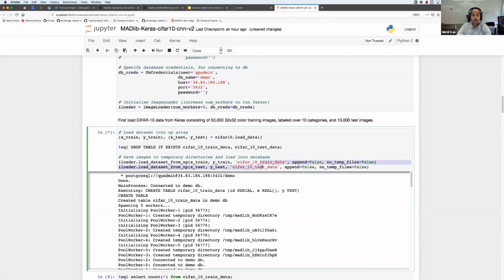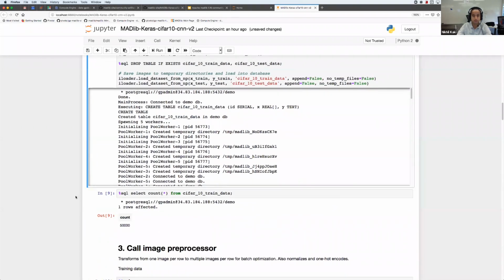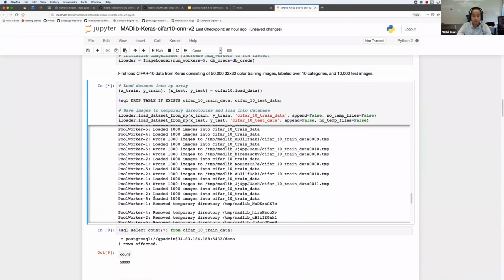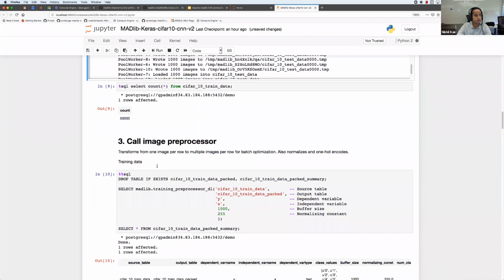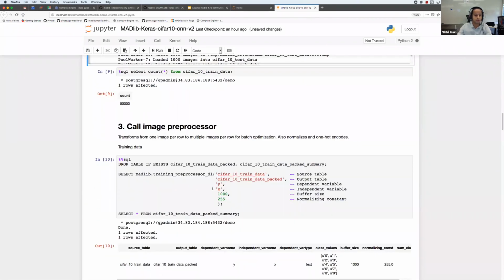And as I said before, we will eventually have a product which will take in the images from the users and load them into the database, rather than just having these developer scripts. But that's for the future. I'll give it a few more seconds. While this is running, I'll quickly run you through the next steps. The next step is